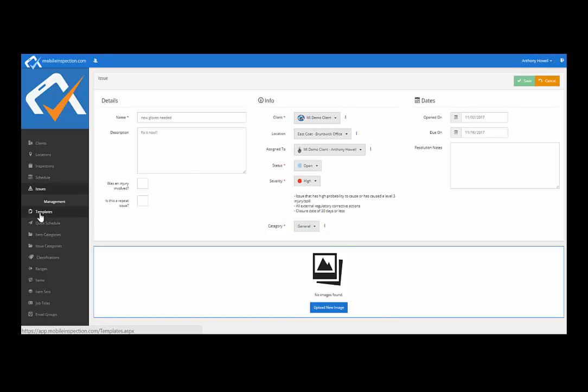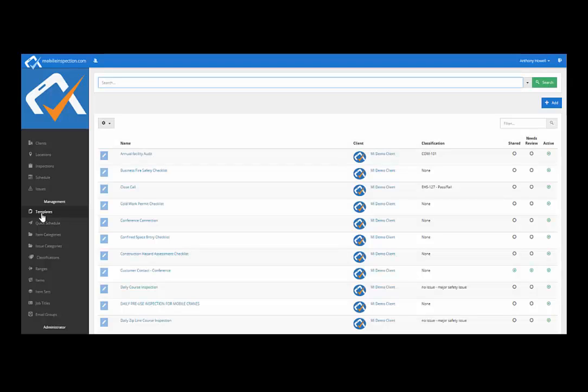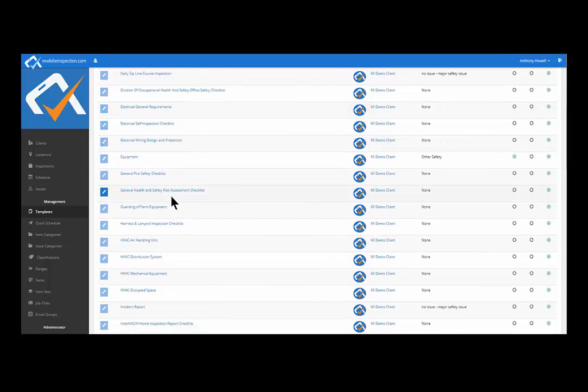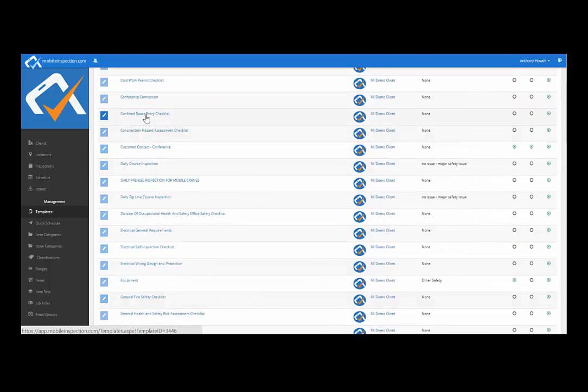In the management section, this will allow you to manage your different inspection templates within the system. By navigating to the Templates tab, I can see all of the inspection templates that I have set up in my system. So based on the industry or type of inspections you're looking to complete, you'll be able to fully customize this list of inspections to match exactly what you need to accomplish. Each inspection has its own set of questions and rules behind it, allowing you to get them to operate exactly how you need. For example, by navigating to an inspection template,